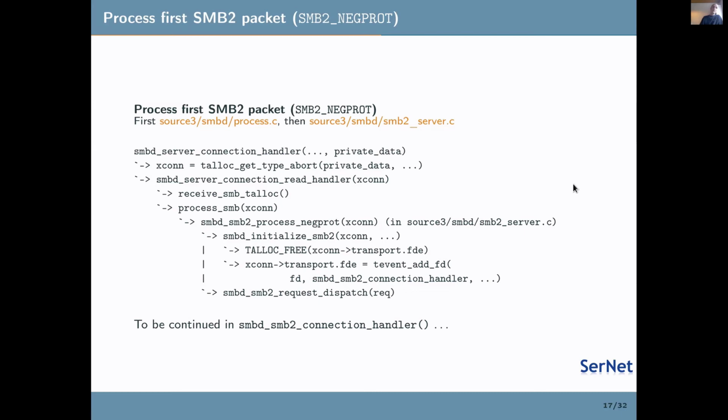This is some interesting stuff. We get a callback data here, and this is getting the connection object from the callback data. We call an internal helper function for processing I/O and reading data from the socket. We receive the full packet and then process the packet, passing a reference to the xconn structure. And in this special case of accepting a new connection, we call this function to process the negotiate protocol. And this is now where we actually move to the glorious and very nicely structured SMB2 server code,